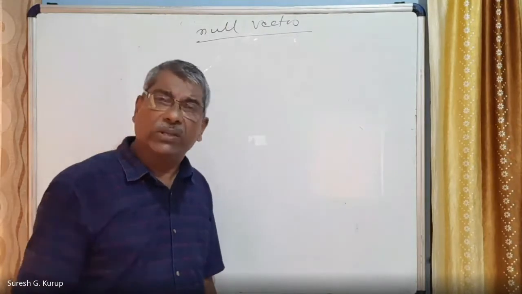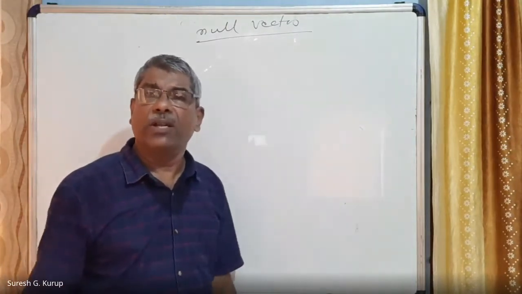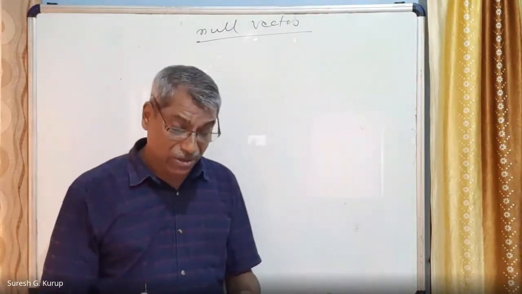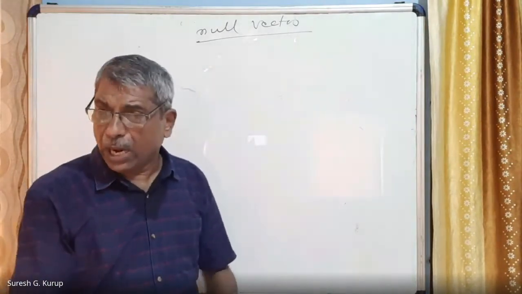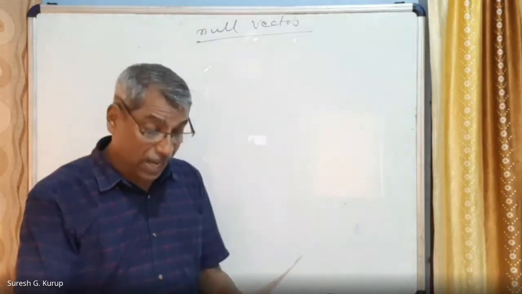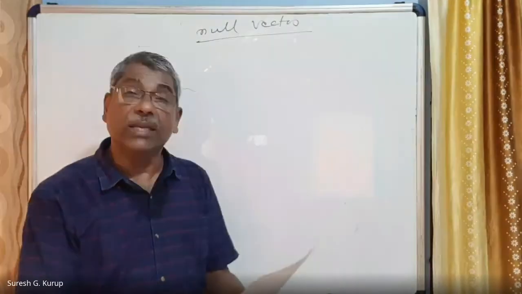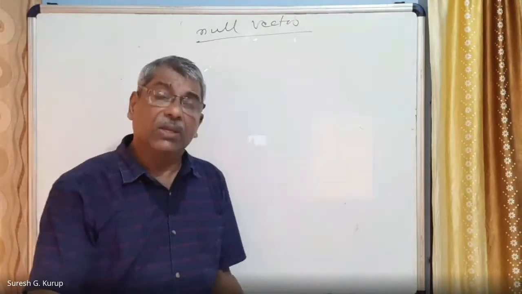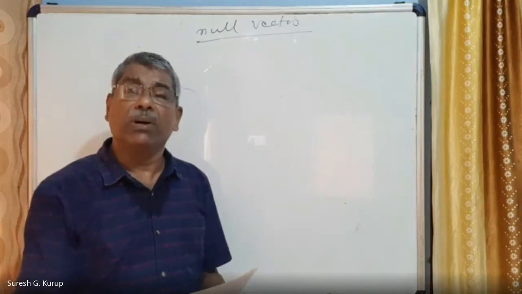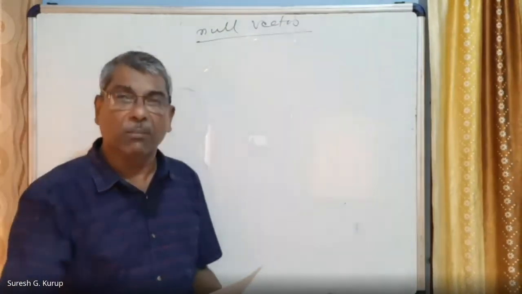This vector has a direction, we call it an arbitrary direction. Arbitrary means imaginary. So what is a null vector? A null vector is one which has magnitude 0 but has an arbitrary direction. We have seen that when a vector is multiplied by a real number,